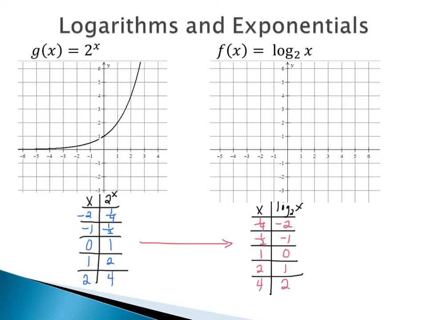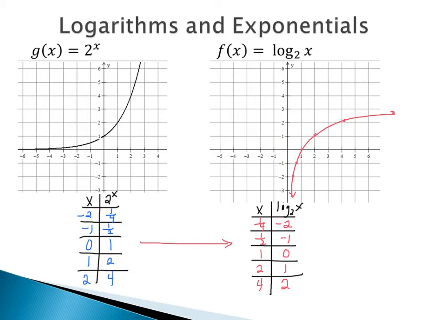At this point now, we have ordered pairs, we can get our graph. Again, we would want to approximate with those fractions, but we can get the general shape of our graph. So I would be plotting then 1/4, -2. Then I'd be plotting 1/2, -1. Then I'd be plotting 1, 0. Then I would be plotting 2, 1. Then I'd be plotting 4, 2. So we can see the general shape of the graph goes something like this.